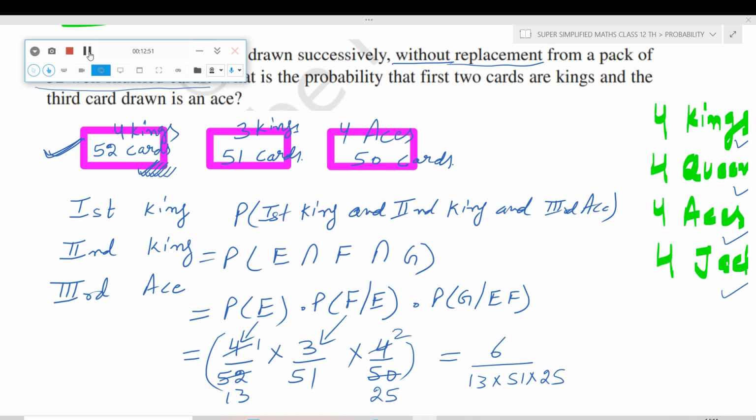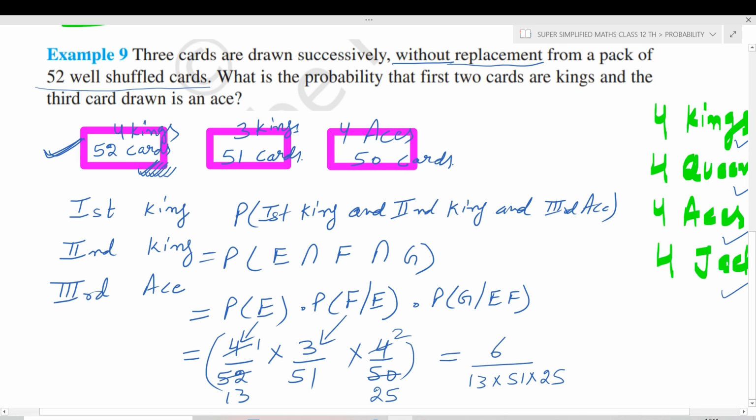Now students, in this example, you have seen that when we take out the second king card, this one, F, its probability, the probability of F, was affected by the happening of E. Because if you would not have taken out the first king card, or if you would have kept the first king card back in the well shuffled deck of 52 cards, then the probability of getting this second king card would not have been 3 by 51, but it would also have been 4 by 52. As you can see here,